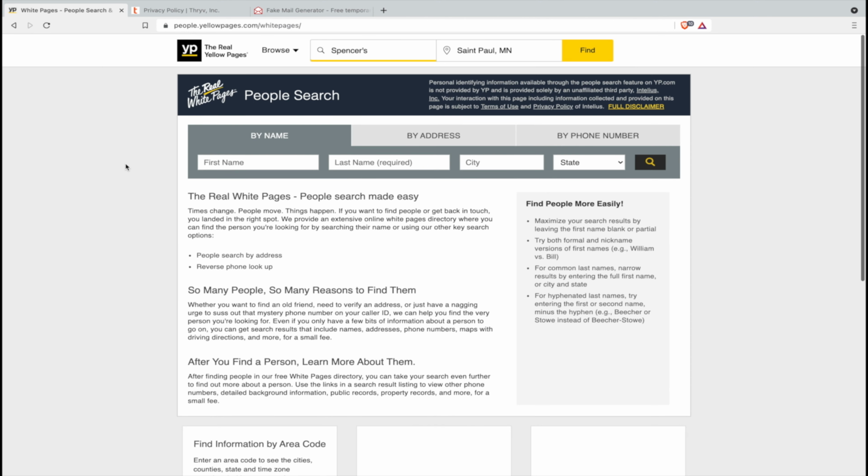So here we have people.yellowpages.com/whitepages, where you can find a name and a city and a state and continue on with looking up a person. We're not going to do that. Instead, we're going to navigate to the URL that allows you to log in, create an account, and then remove